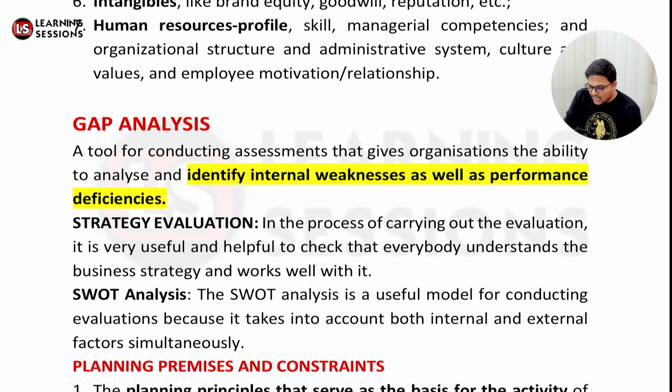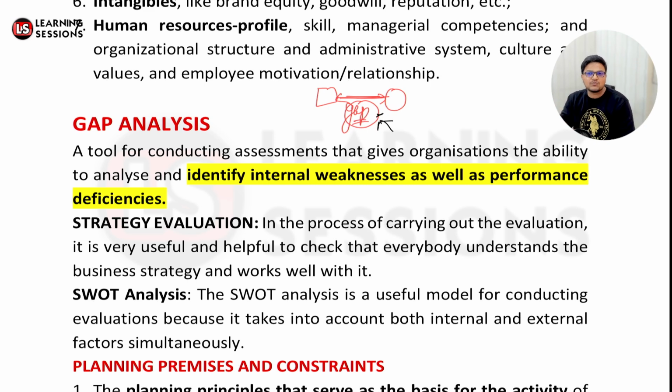Let's say I wanted to do this, but I'm only able to achieve this. Now, this is the gap. This is the gap that I'm having, and with the gap analysis I can look forward and see that this is the thing I must pay attention to, and if I do so, definitely I can do well, right? So that's actually related to gap analysis.